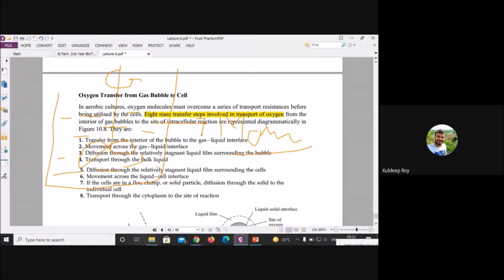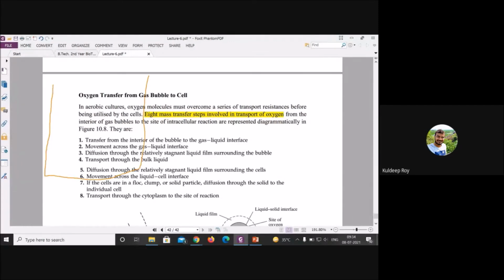But how will you prove it, how will you derive the term, how will you derive it in mathematical form? That is very important. Theory is one thing, and conversion into mathematical form is a different thing. So we will first look at which kind of resistance, or how many steps, oxygen crosses to enter inside a cell. First we have to study this part, because we have read about film theory.